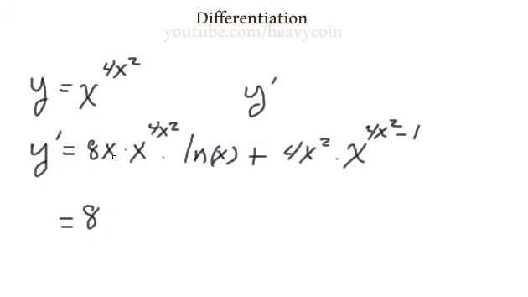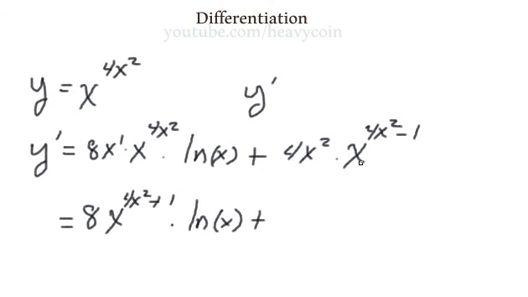Now we have an x here to the first power, right? And we have an x, same base, but it's raised to the 4x squared. So we can add these exponents together. We can add these exponents. So this becomes x to the 4x squared plus 1 times the natural log of x plus,